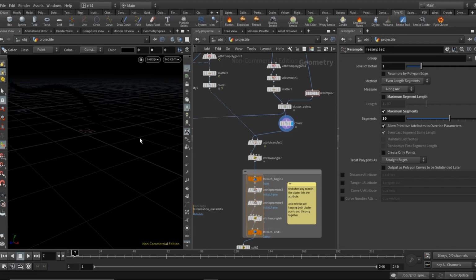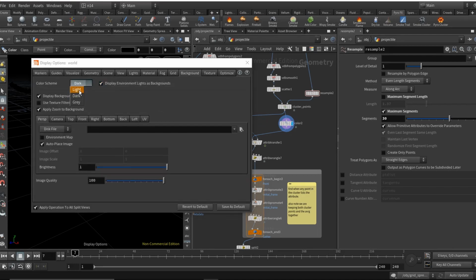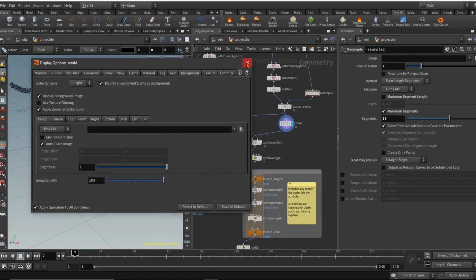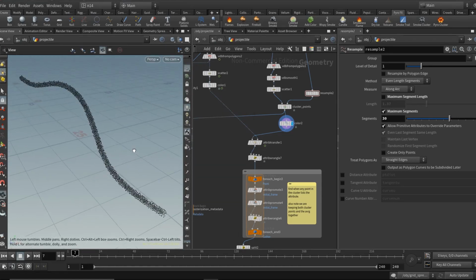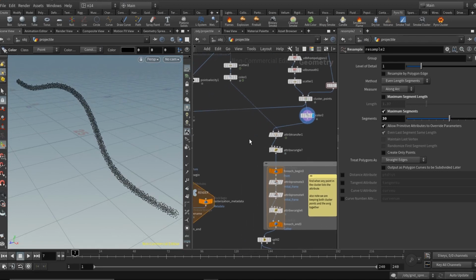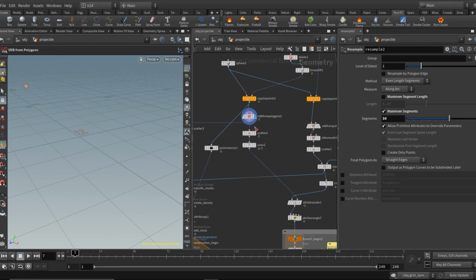For the moment, let me switch over my background color to light. Okay, and by the way, I have done so by just pressing the D key. It prompts me with this message, this preference setting, and made the color scheme light. Also, on this side of the chain, I have appended another VDB from Polygon, and I have scattered points onto it.